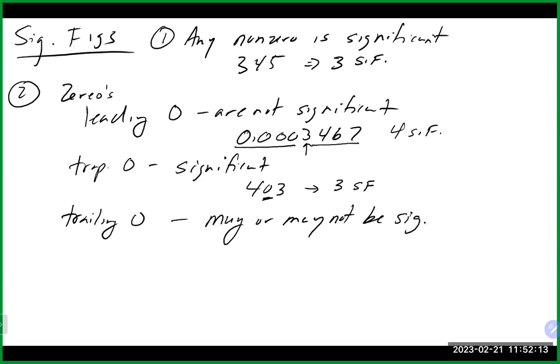What determines whether or not it's significant is: is there a decimal place in the number? Now, the decimal place doesn't need to be near the 0. It just needs to be actually in the number for it to be significant. So if I wrote